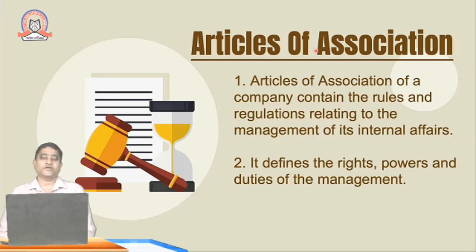For the company to be incorporated, we need to submit to the ROC the Memorandum of Association and Article of Association. As you are aware, in Memorandum of Association there are 6 clauses, that is called capital clause, loan clause, object clause, the subscription clause and the capital clause. Whereas in this particular video, I would be covering the main emphasis, that would be the internal rules and regulation of the company, that is called Article of Association.